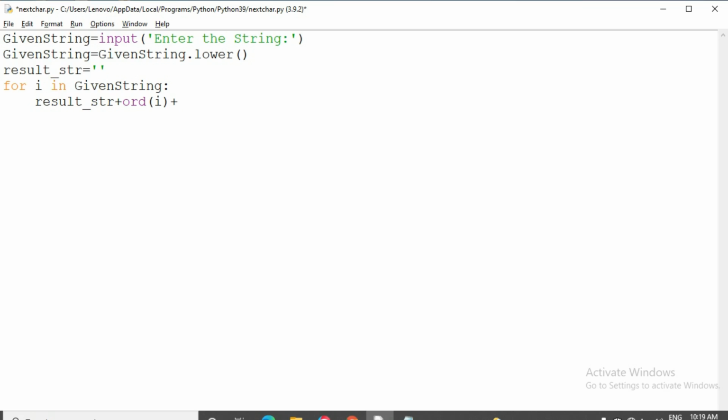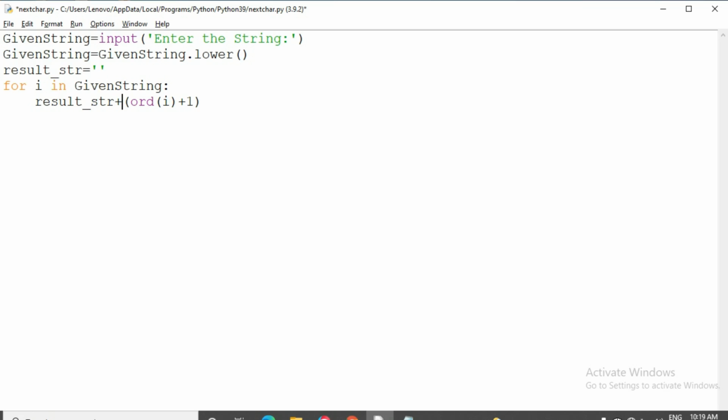Then we want the next position of the character, so plus 1. For example, suppose we have taken a, so a is the first position. By applying this, a will be present inside the ord function, so 1 will be assigned here, then 1 plus 1 equals 2.